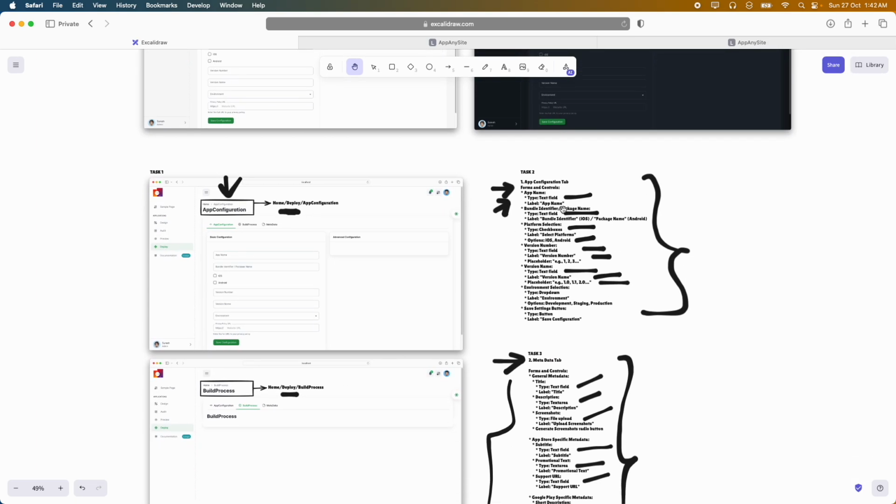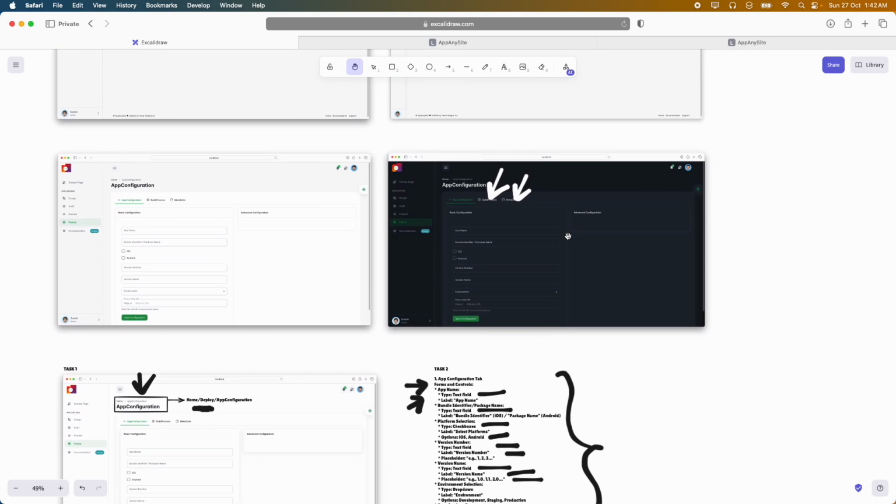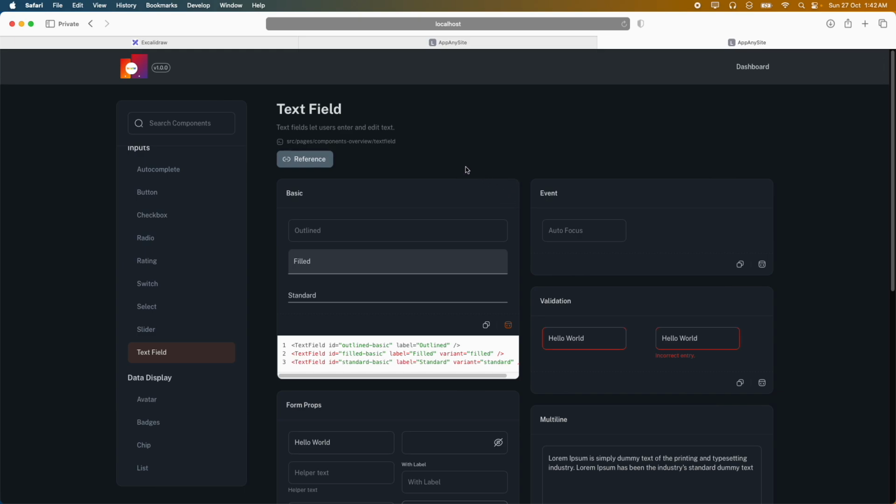These are the tasks they are going to perform, and this is the documentation they have to go through, and they have to make sure that